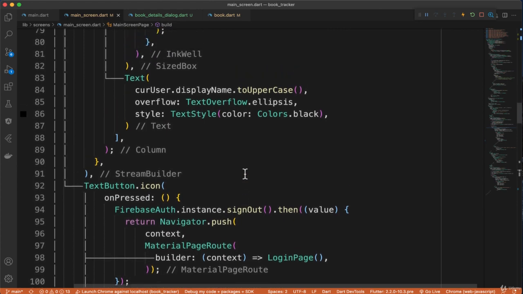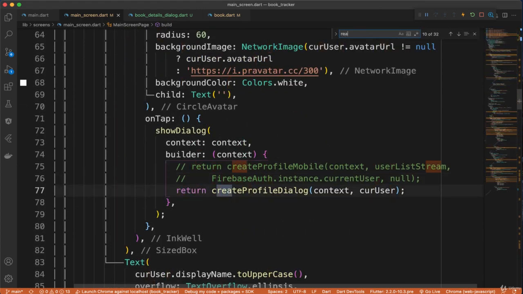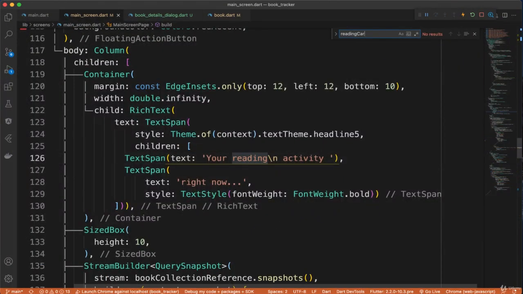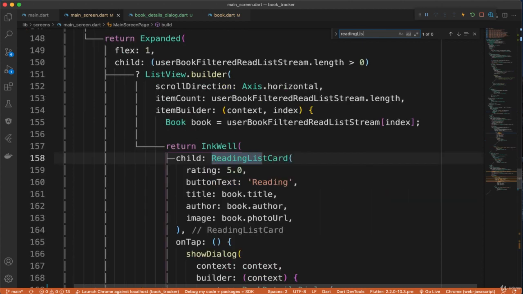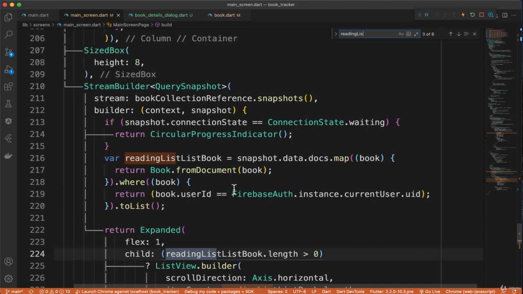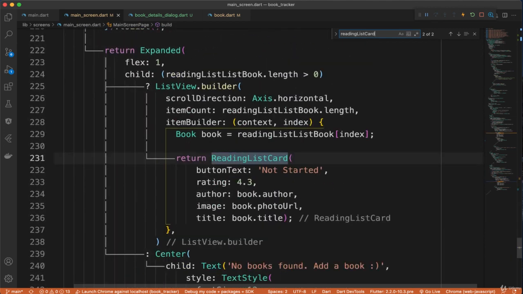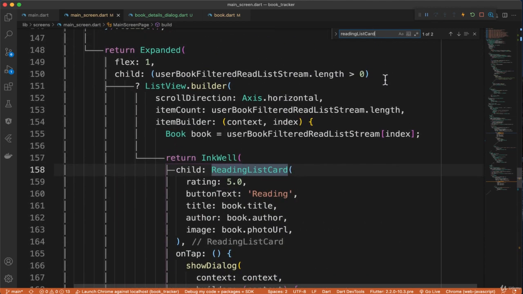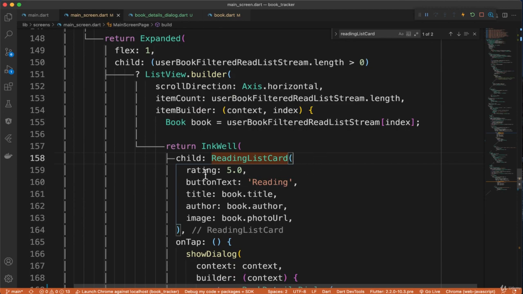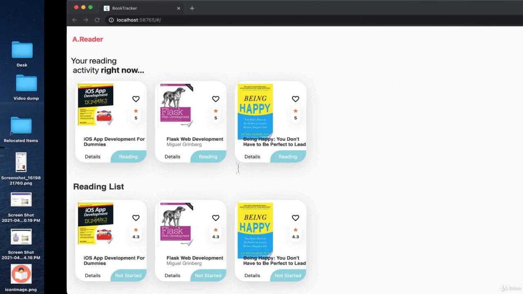Let's go to the top. I say Command F, find reading list card. Okay, let's look at this. Okay, that's like one. I want this first one. So I want the first one. Okay, so we're passing here the rating as 5.0 in the beginning, and that's the reason why you see that